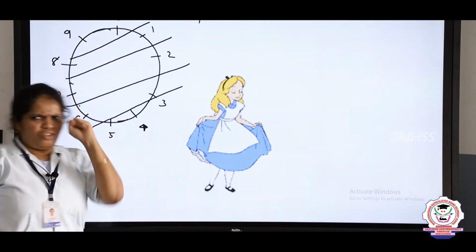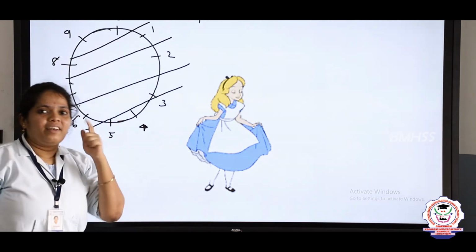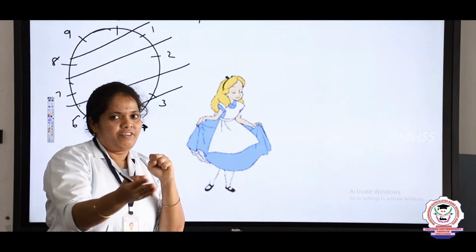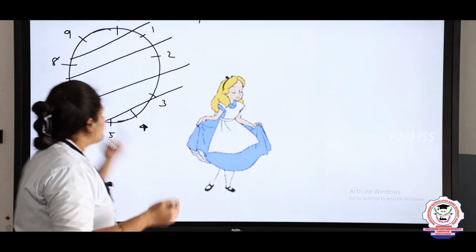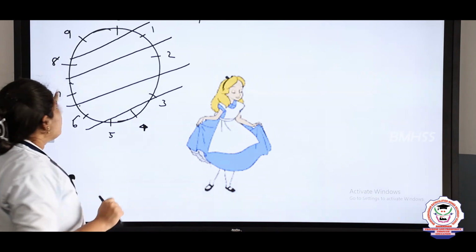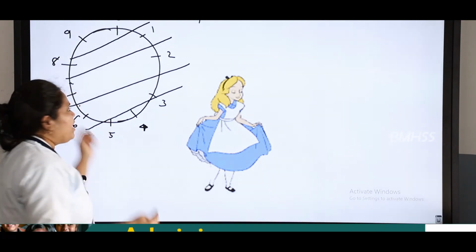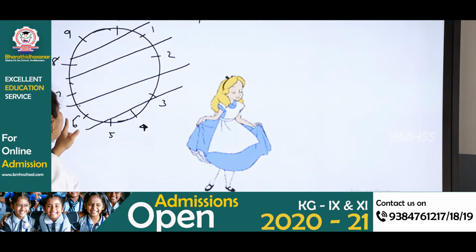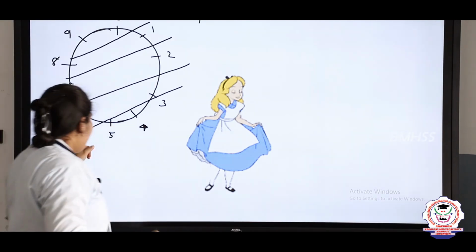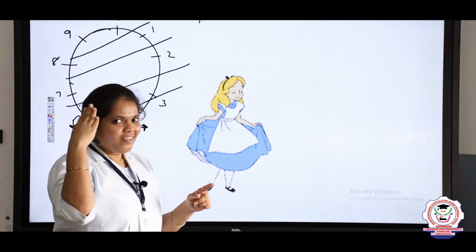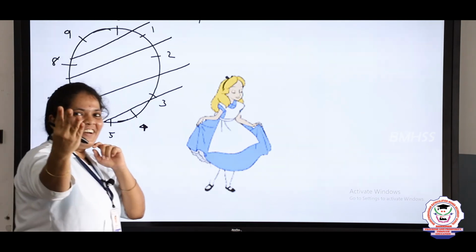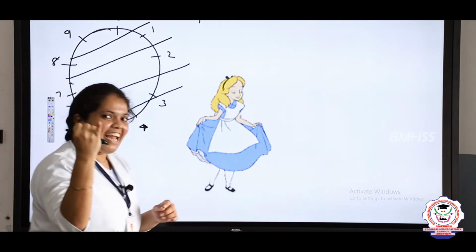Shall we check now? What should be in your mind? 9 in your mind, 0 in your finger. So here we should not say the after number, because 0 has no value. So 9 will come. 8 in the mind, 1 in the finger, 8, after 9. 7 in the mind, 2 in the finger, 7, after 8, 9. 6 in your mind, 3 in the finger, 6, after 7, 8, 9. And 5 in the mind, 4 in the finger, 5, after 6, 7, 8, 9.